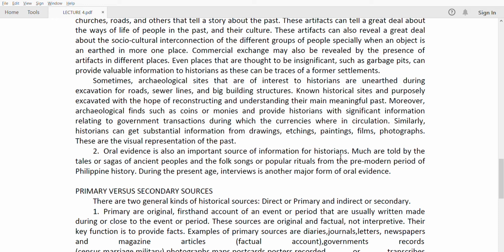Kinahanglan ka og material na evidence to prove that the folk songs, the rituals, and the sagas kay tinuod. So even though na kay oral evidence, kinahanglan siya pud kag material evidence. So maunang ang katong written sources and material kanang makita tangible, mao gid na sila ang main. Pero again, important jud kayo si oral evidence because if you want to write about a new topic